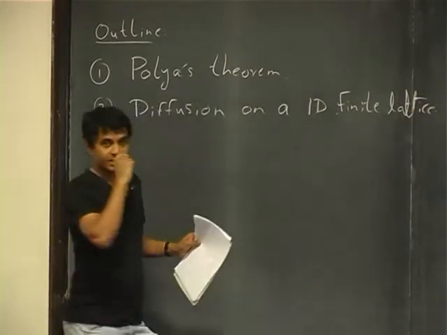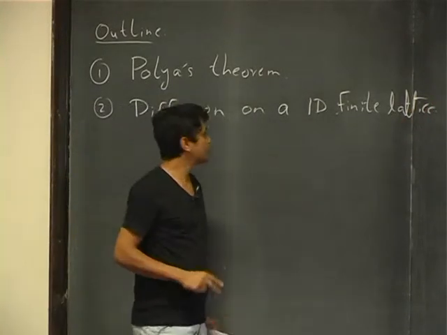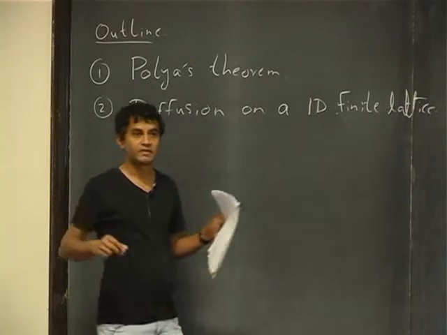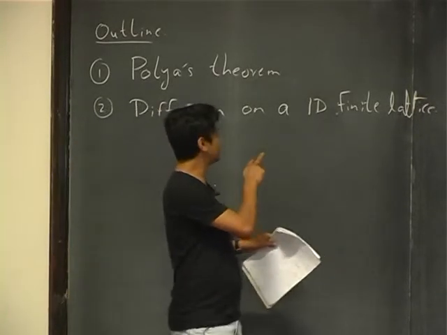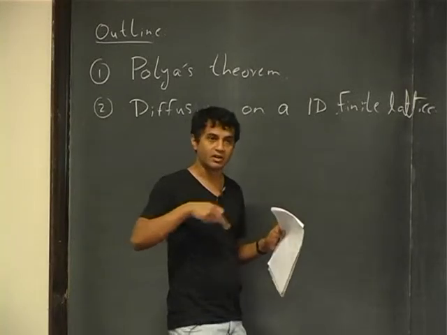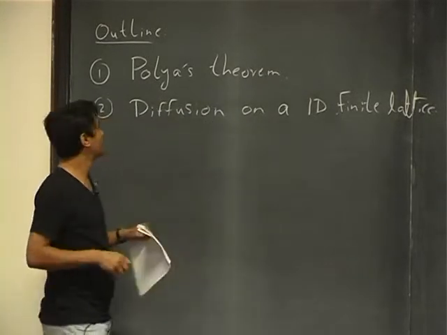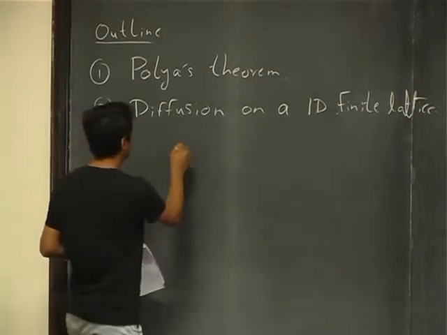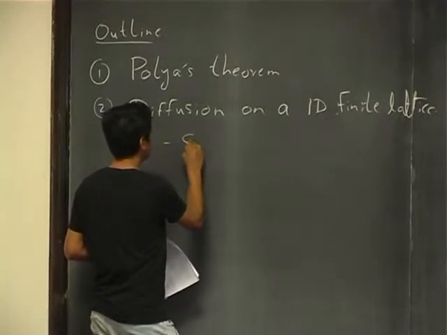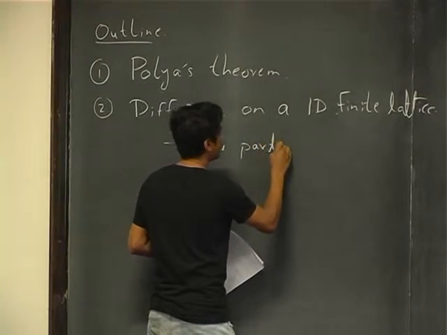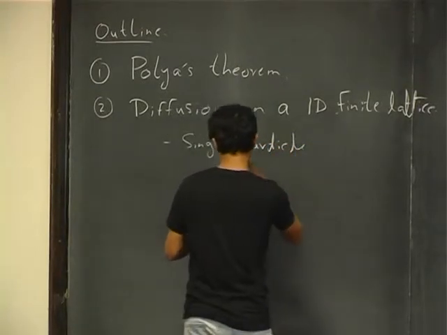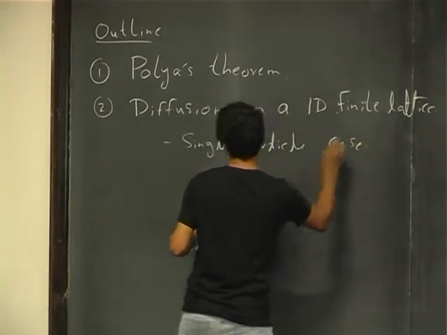Okay, so we have already studied diffusion mostly on free space, which means on the infinite line and in the infinite space. So now what I'll talk about is diffusion on a finite lattice. Okay, and so we'll study two problems. One is a single particle case, and then